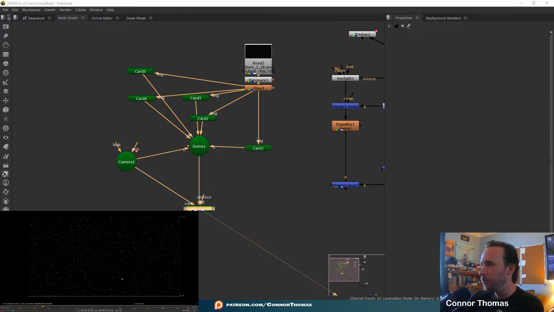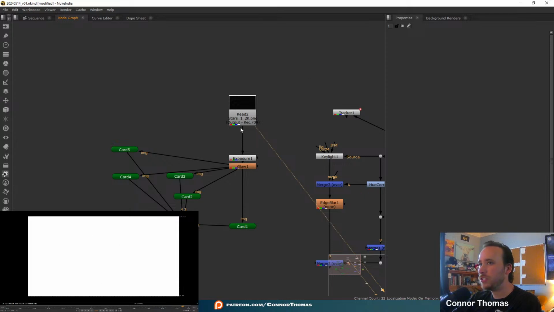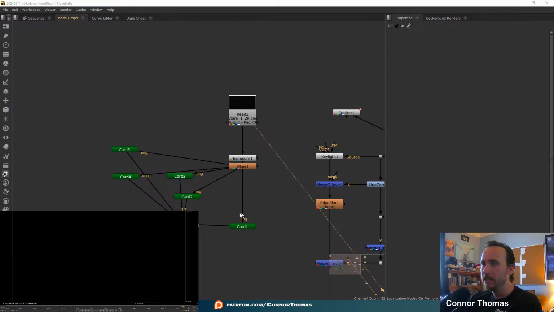Another thing I want to do, and I'm going to show you an issue that we're having here, is that since we have parallax, you can kind of see a parallax square right here from a plane that is further away than the rest of the planes. So instead of us having that issue inside of our shot, what we could do is take all of these elements. Now here's the thing. Right now, this is just one plane and the alpha channel is set to full on everything. And inside of our